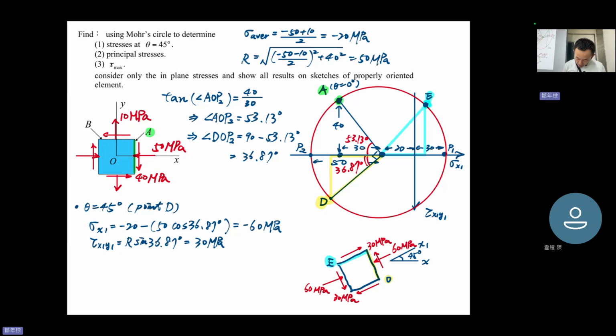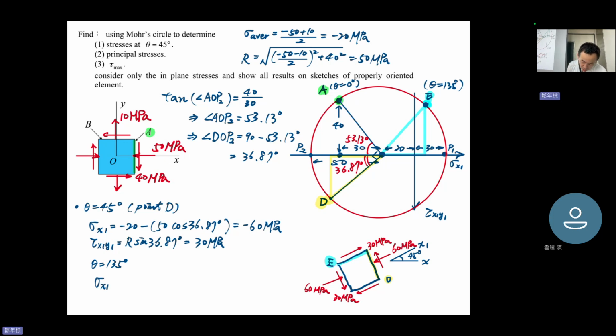E point. This is theta equal to 135 degrees. Okay, right. So theta equal to 135 degrees. Again, it's easy, right? You use the light blue